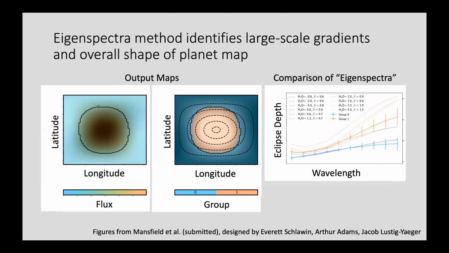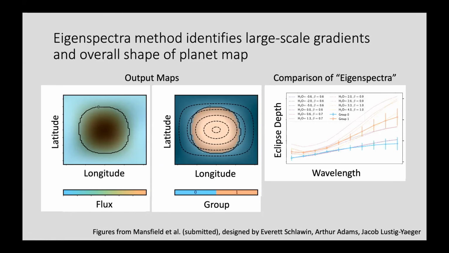So when we feed this gradient hotspot through our eigenspectrum method, here's what we get out at the end. This left-hand plot is just showing the flux as a function of latitude and longitude in our output map. And then this center plot shows those two groups that we identify from the k-means clustering. And these dashed lines printed over it show the contours of some of those regions of the original gradient that